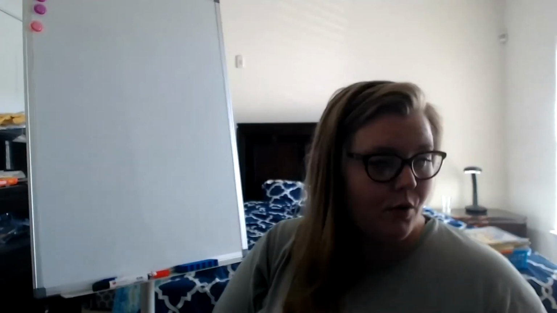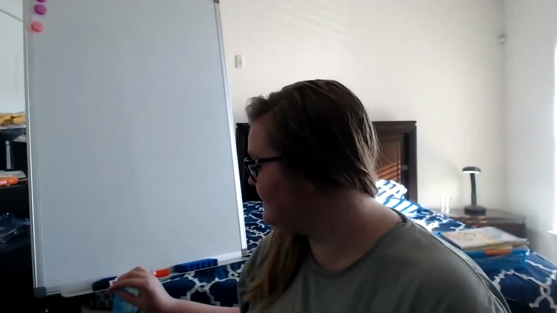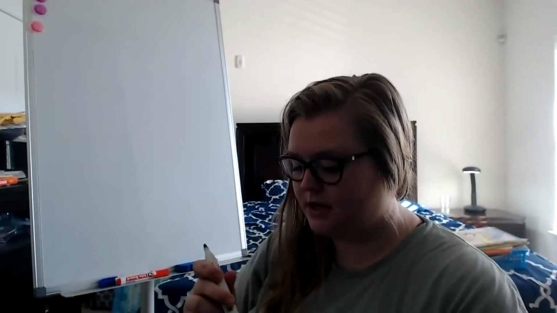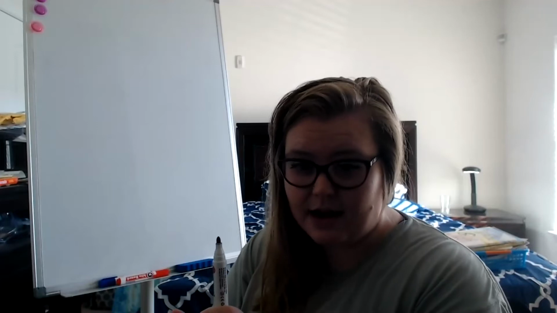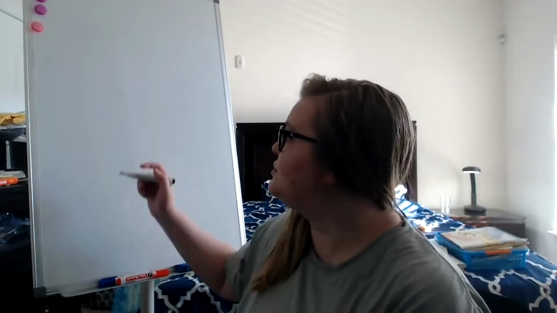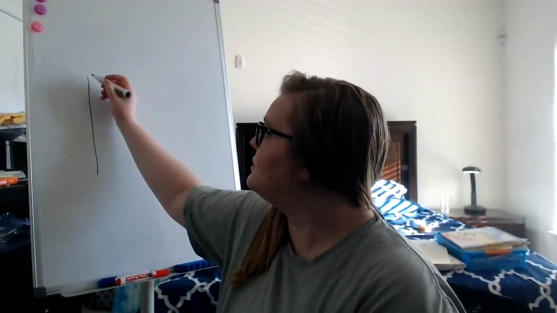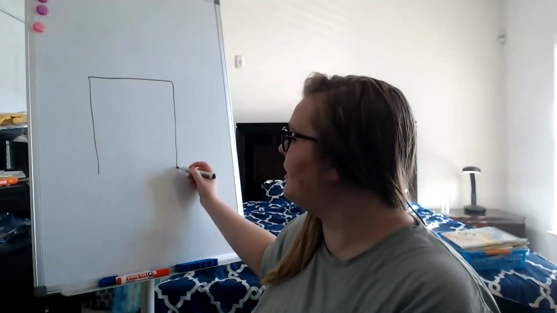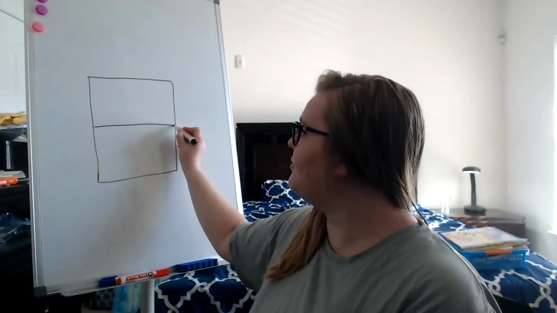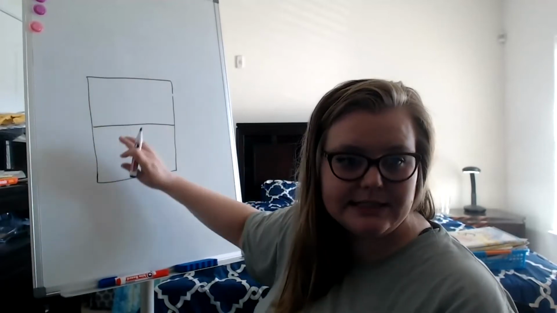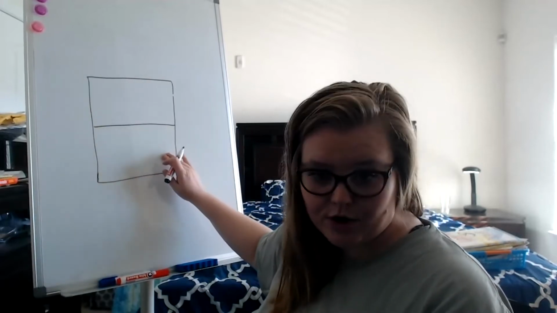So what your packet says first, if you take 2 pieces of paper and fold them in half, that can kind of create a book. And you could just draw, so if this is your front cover, draw a line halfway through, and this could be your picture space, and this can be your word space.